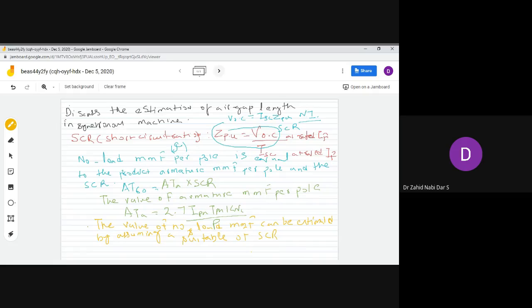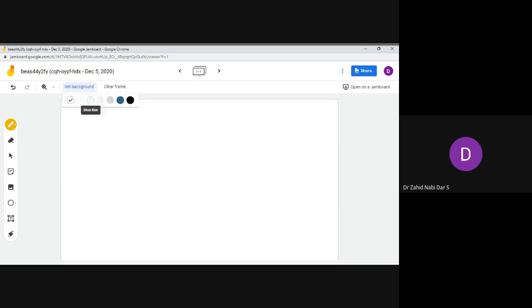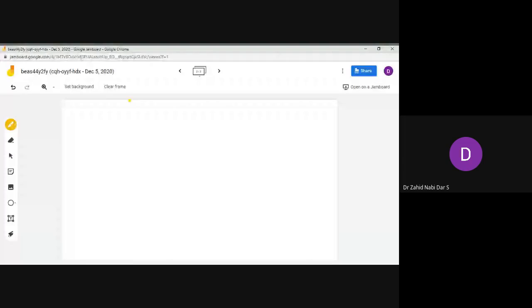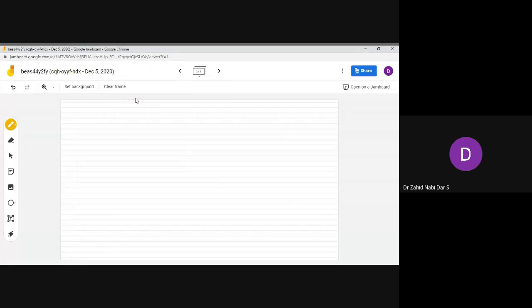What we require is the MMF required for driving the flux across the air gap, which is approximately 80% of the no load MMF in the case of the synchronous machine. When we were calculating the value of the bar current also, you noticed how we came to the expression. We calculated for the stator side and then equated the stator side flux in terms of the rotor side to 85%. So here, let's suppose the MMF required